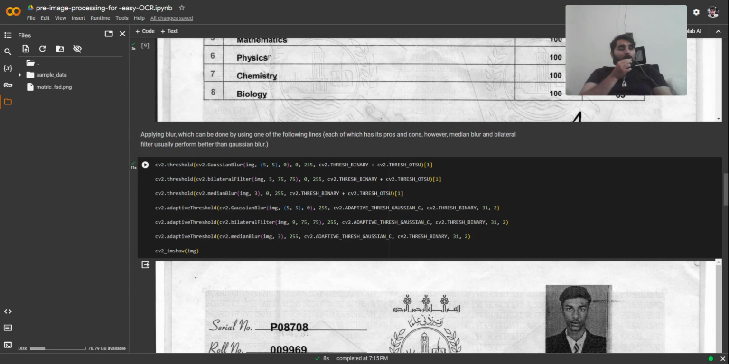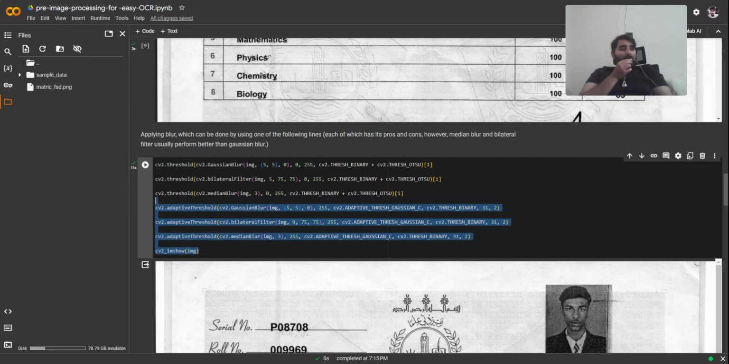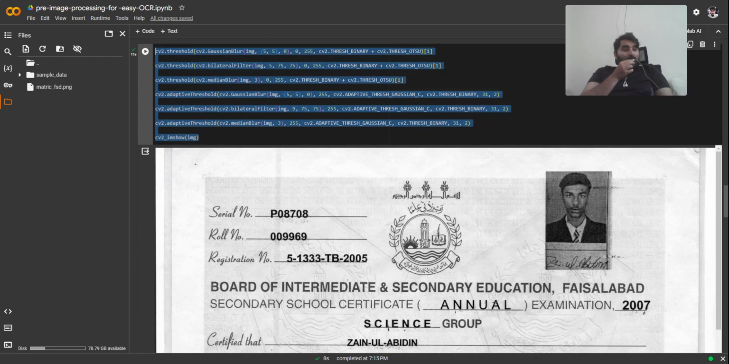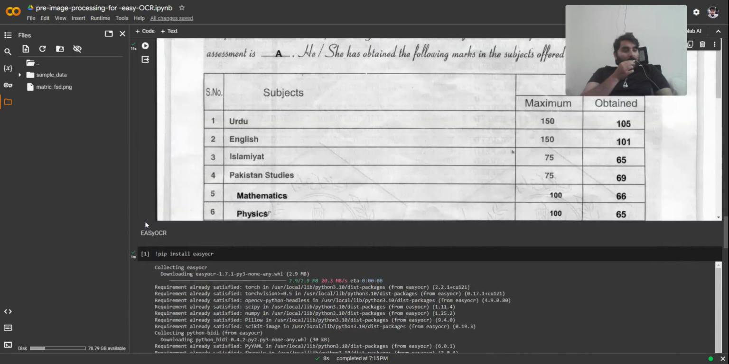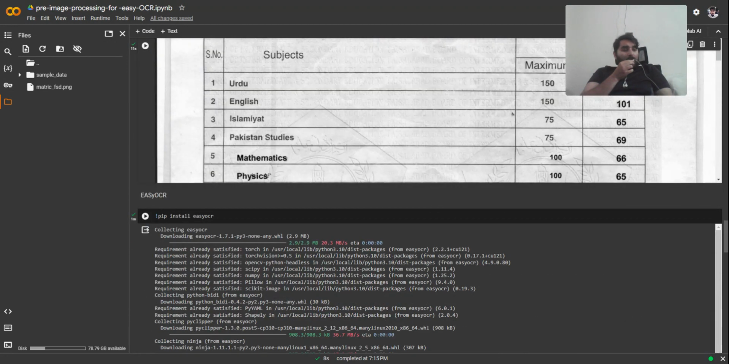Where I simply applied Gaussian blur and median blur. This is simply to apply multiple filters using threshold and adaptive threshold of OpenCV, where I actually removed the blur and noise from our image. And afterward, I showed this image, and as you can see it,